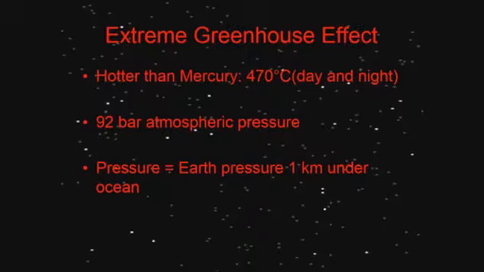So the equivalent pressure on Earth, if you were attempting to look for a point on Earth that had the same pressure as Venus, would be about 1 kilometer under the ocean. A place where the majority of our vehicles that we can actually create, submarines, things like that, ROVs, tend to just completely implode under the pressure unless they're really bolstered.